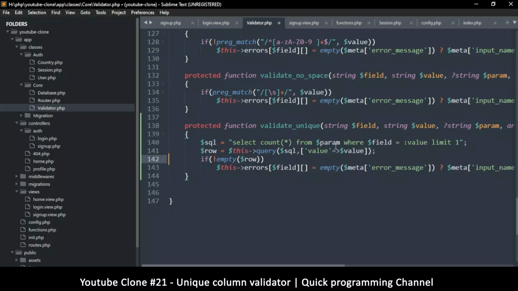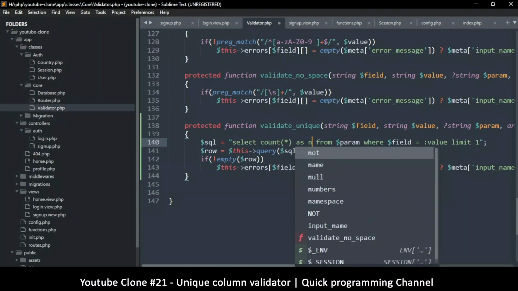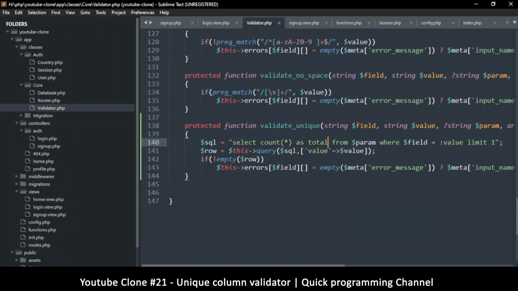Let's do this. So we're going to say select count as number or num, or let's say total, whatever word you want to use as an alias. So there's going to be a column. Normally, if I don't do this as total here, there's going to be a column named count with brackets. I don't like that. What I want is to have a column that's named total instead. So count star will be named as total. That way, then I can check to see if row,